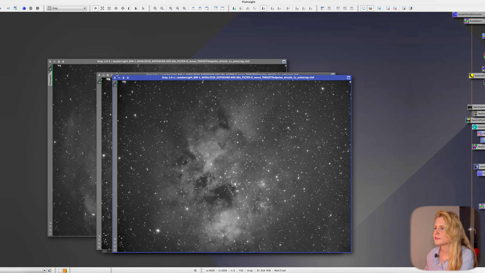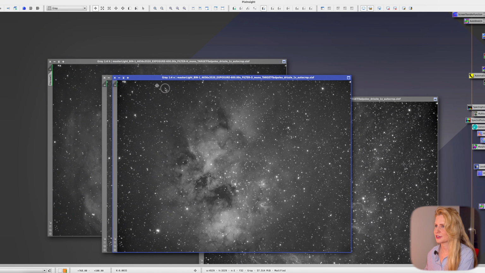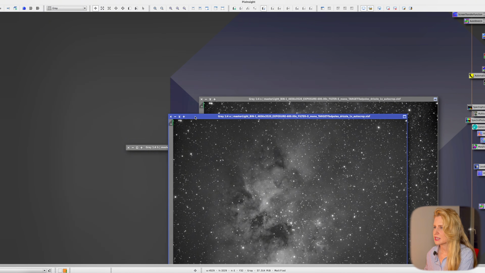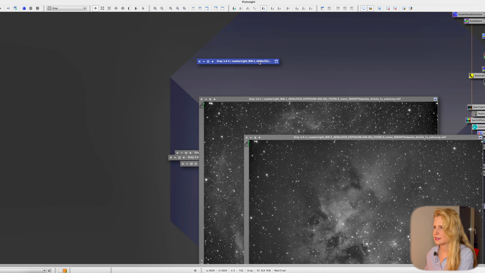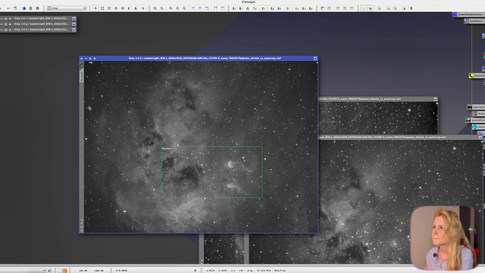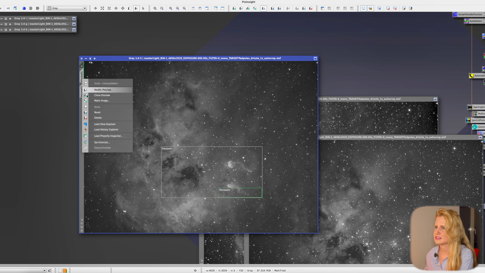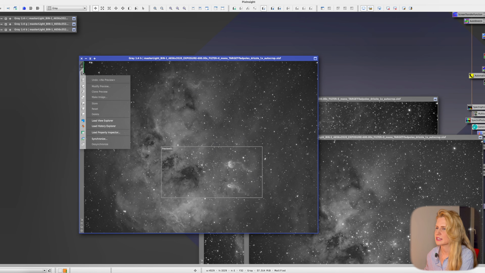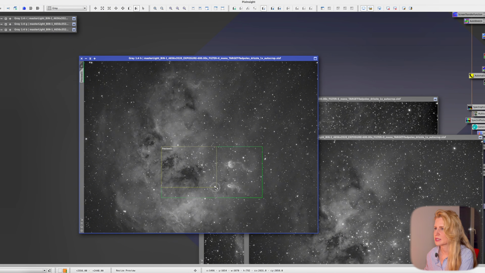Okay, now that we have nice looking stars and sharp everything, it's time to have a look at the data that we have and whether we need any noise reduction or anything like that. For sure, I will not even be looking at the RGB images, but the narrowband data, absolutely. So here, I know that I have a lot of data, so the only thing that I'm realistically interested in is the darker regions,